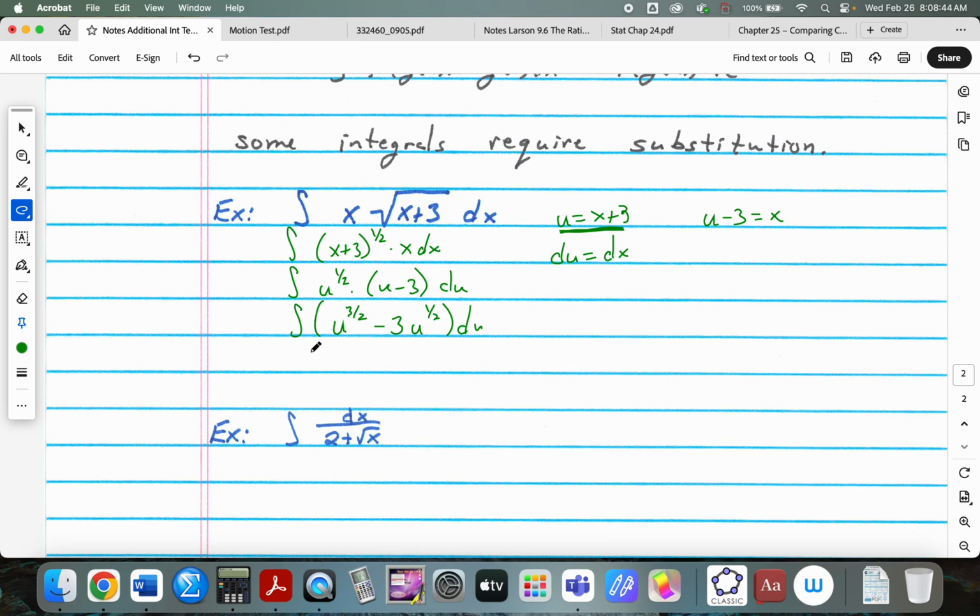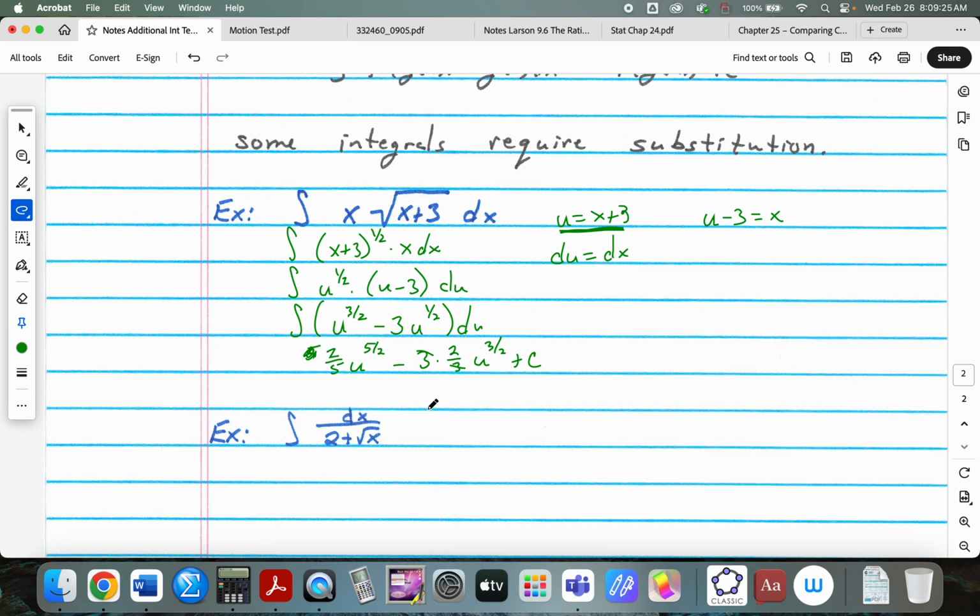So now we take the antiderivative. That's going to be 2/5 of u to the 5/2 minus 3 times 2/3 of u to the 3/2 plus a constant. So here the 3 will cancel the denominator on the 2/3. I also notice,